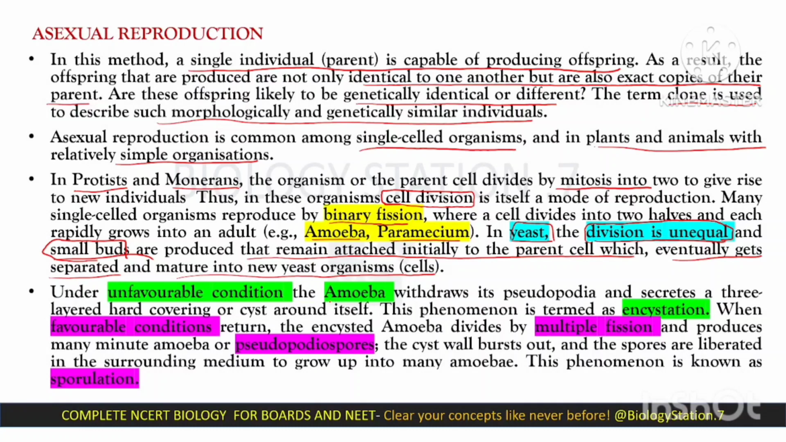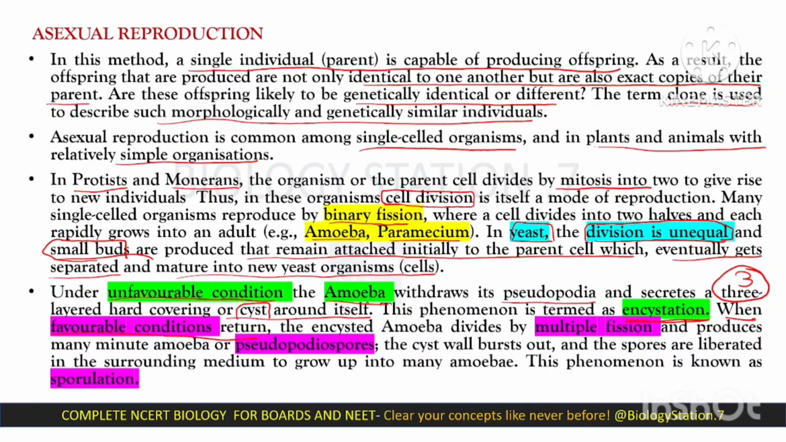Then next, in amoeba, you can see two types of reproduction. Under unfavorable conditions, when the conditions are not right, the amoeba withdraws its pseudopodia and secretes a three-layered hard covering, or cyst, around itself. This phenomenon is called encystation. And when favorable conditions appear, like when food is abundant in the